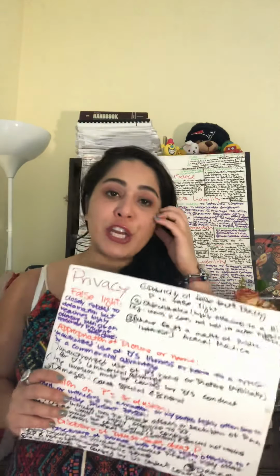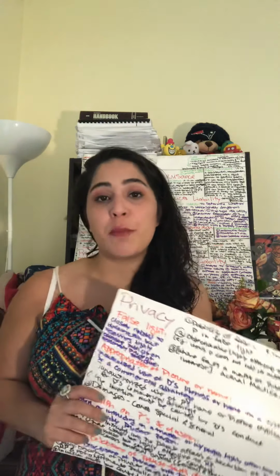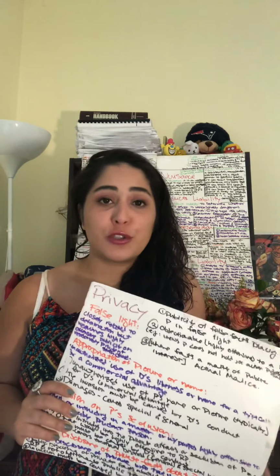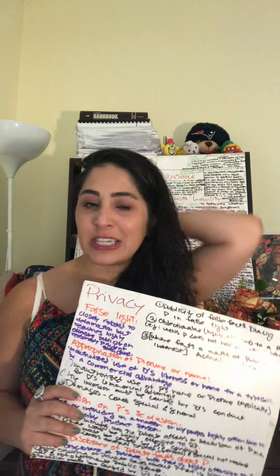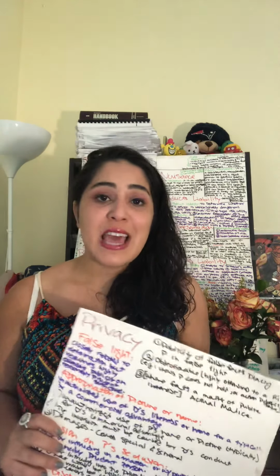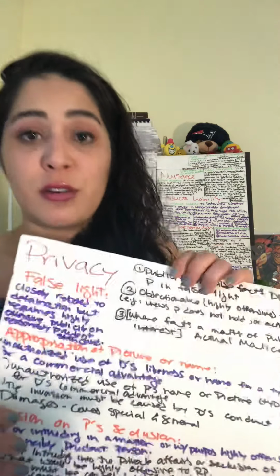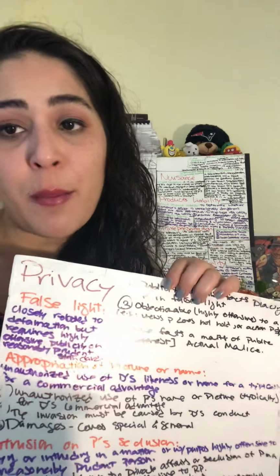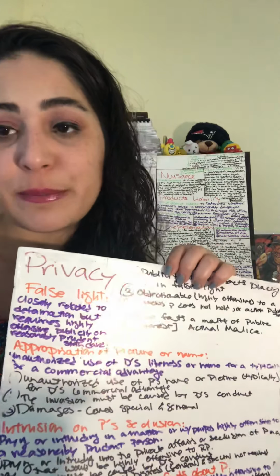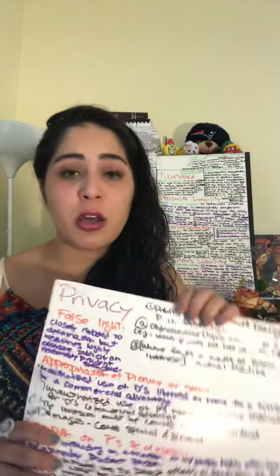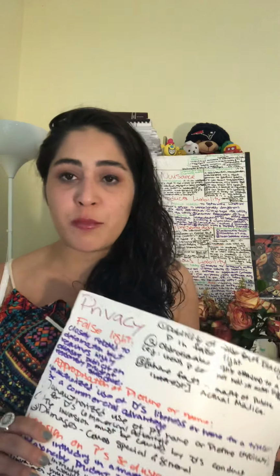So, how do you do it? For example, when you use some actors' pictures, or just anybody's, it doesn't necessarily have to be an actor's, and you use them for commercial purposes and without their permission, and you make money out of them. So that's the appropriation of name or likeness. Okay, so this is pretty much all I wanted to talk about, and there's also a really important case I wanted to mention.